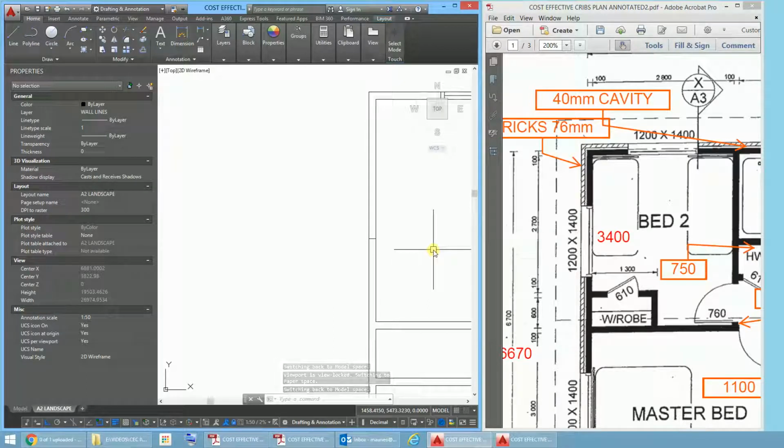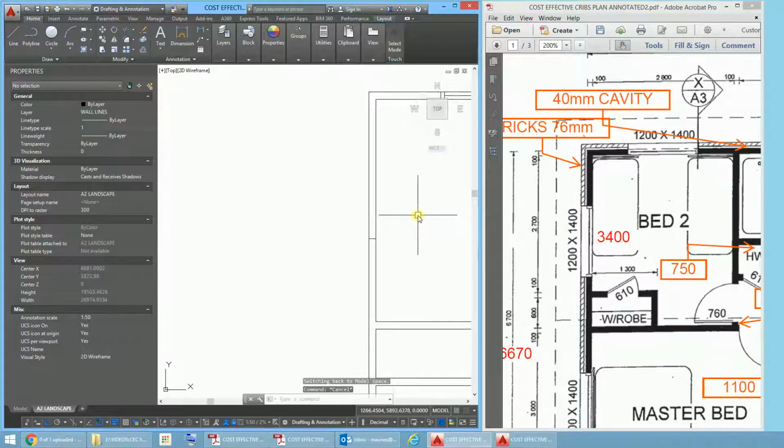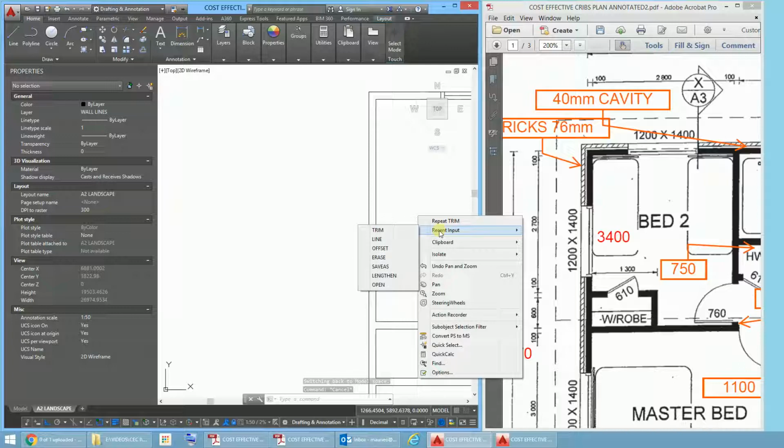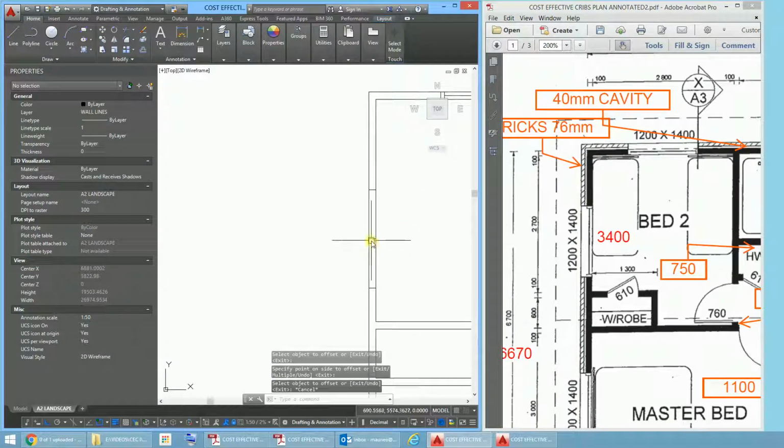And then I'm going to just right click here, recent input, so repeat trim, no, it doesn't want to do that. Let's go recent input is offset, and again this is a 1200 window, so let's just go 600. Select the object, which is that line there, and bang, and select the object again, that one there, and there's take that out of there,